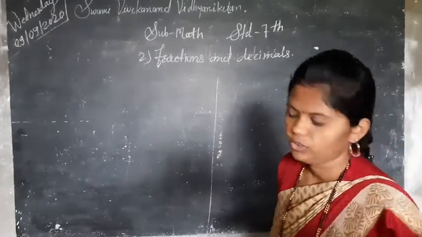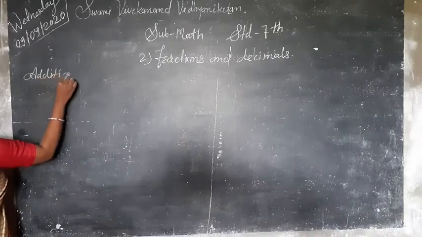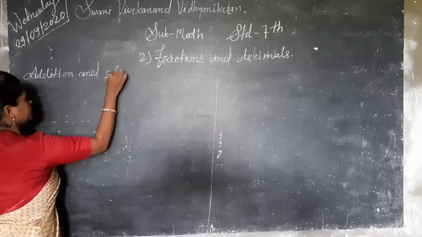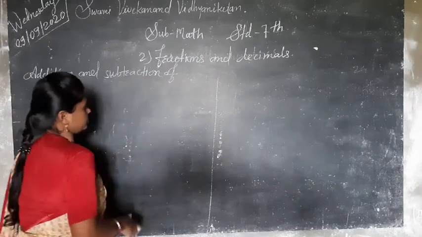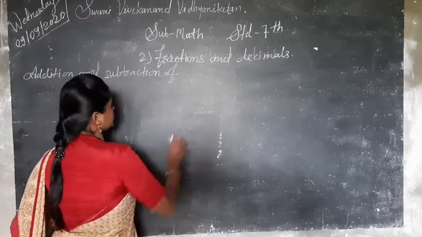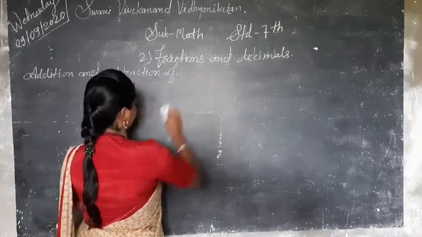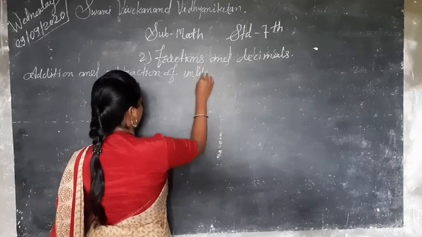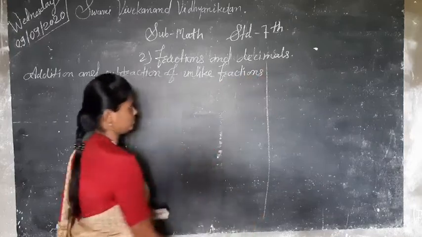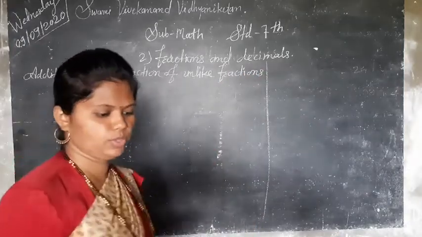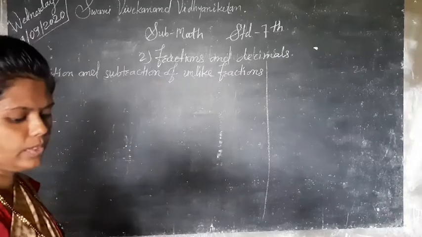Okay, so see your first point: addition and subtraction of mixed, of unlike fractions. Last time I explained what we have to do here, but today we are going to solve by using one example. So see, your example is